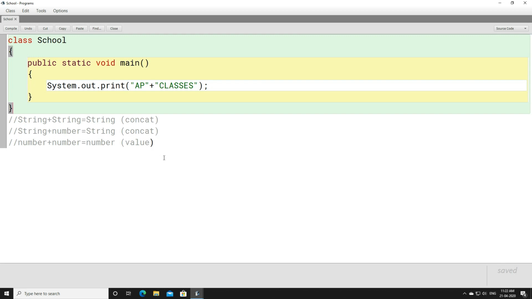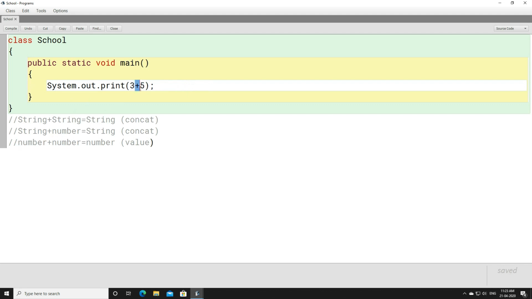Now let's do this using a program. Here you can see that we have two strings. AP is one string, classes is another string. So string plus string will give you a string, right? Now let's do another one. If you add 3 plus 5, 3 is a number and 5 is also a number.